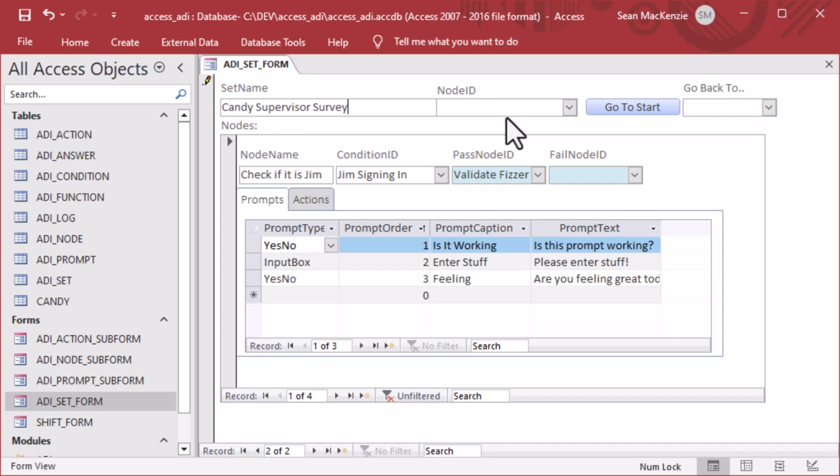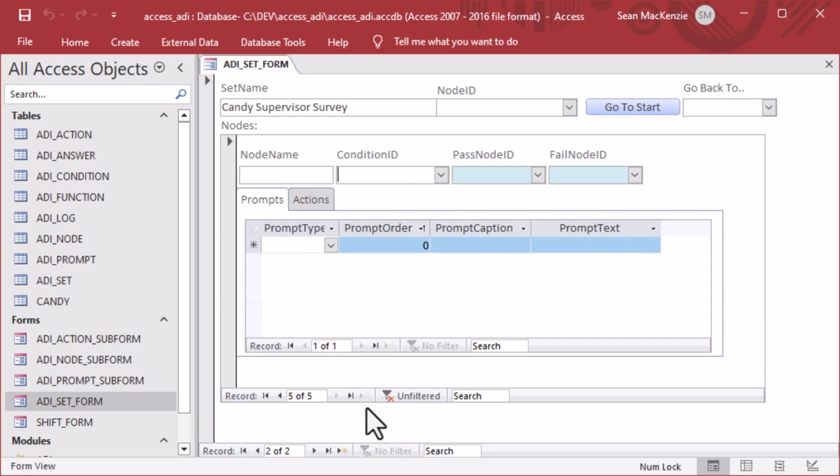There's an important reason for that, and that's why we have the go to start button, because we are just showing that we have a set here that we can scroll to. There's our nodes. You can see we've got a bunch of nodes there, and we've got a new set created, and we're going to connect that set to the starting node after we build the starting node. And we're going to build a whole bunch of other nodes, but we're only going to record the starting node on the set form. So this gives us the ability to sort of cruise around inside of our decision network